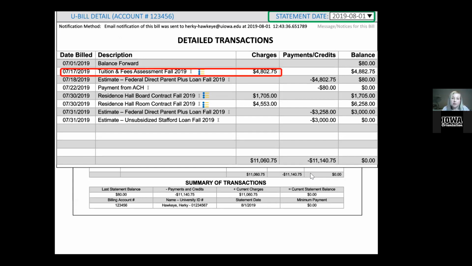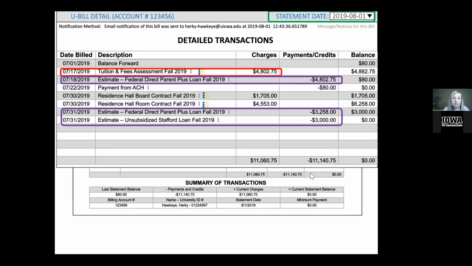I've circled here just a tuition and fee example showing up in the charges column on the August U-bill, and a few examples of financial aid applying to the bill, reducing the out-of-pocket amount owed for the month of August. So if you're a financial aid recipient, and when I say financial aid, I mean scholarships, loans, or grants, any of those pieces of aid